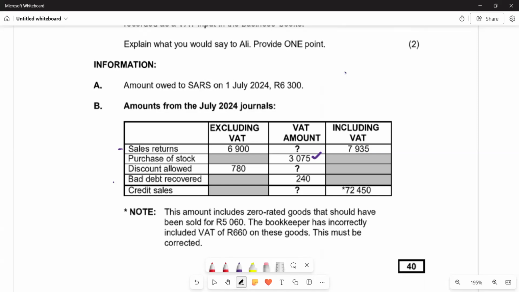So we are going to show what the VAT output is, but we are given only the including VAT amount, which is 780. The amount that is VAT is the VAT amount. But remember, we can use proportions here by saying the amount excluding VAT is always 100%. And then we have the VAT amount, which we're given as 15%. And then including, obviously, if you add here, you get your including VAT, which is going to be 115%. So we can use this proportionate representation, whereby we're saying